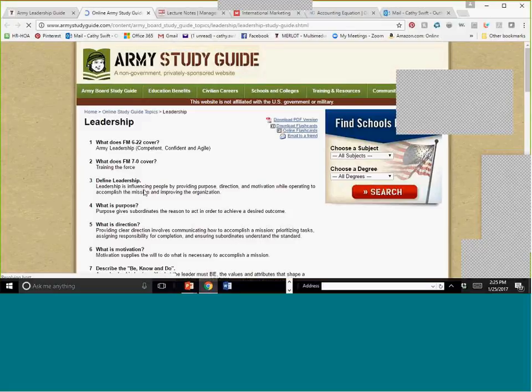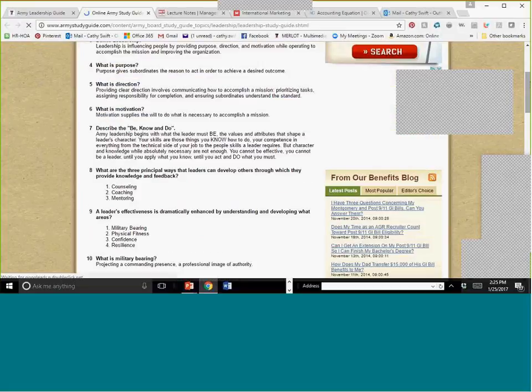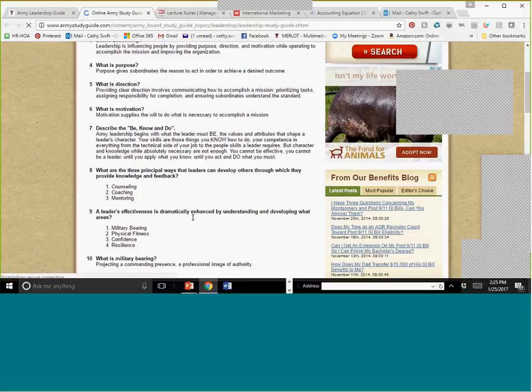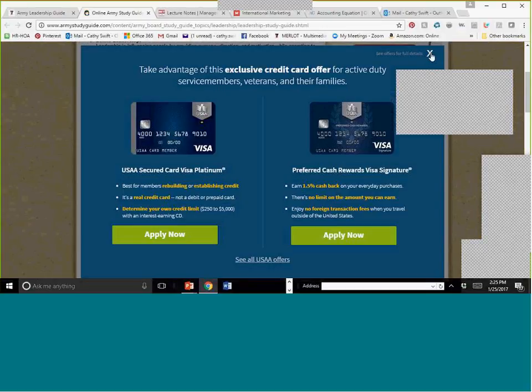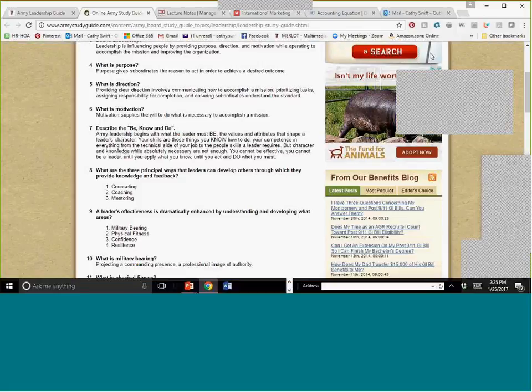What we're doing now is actually the Army Study Guide. Again, this is from the Army. If your students are coming from that perspective, this may be the knowledge that they have, and maybe you can expand on this as far as leadership. It can be a starting point from which to build and integrate into the course. Absolutely.